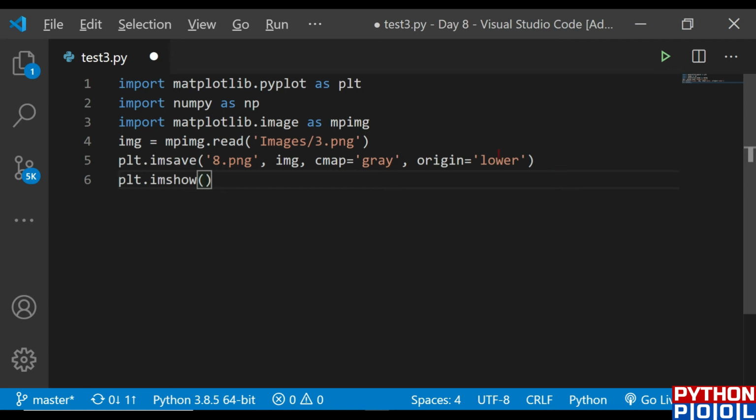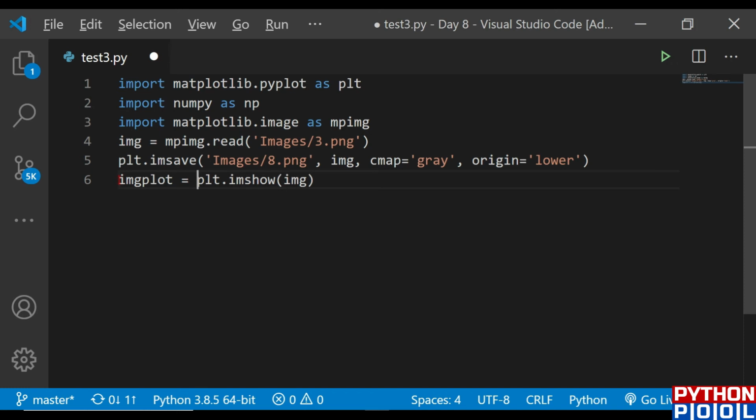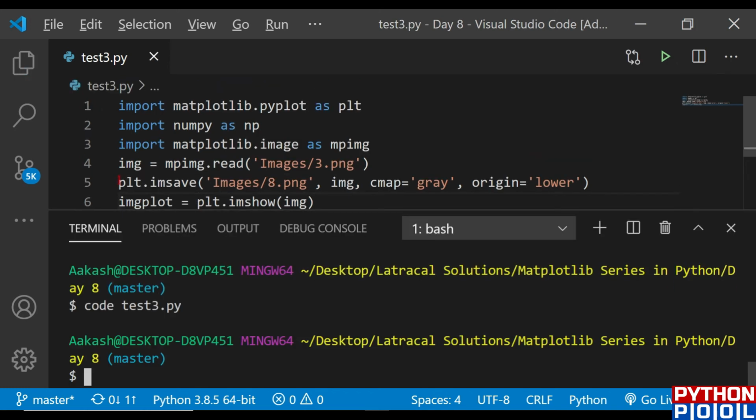Fine. Okay, let's give the path to the directory where we want to save the image. So if I am getting the image from the images directory, I'm going to save that image to the images directory, and just call the imshow function and pass the image value. What I want to save is the mirror image of this type of image. Okay, so that's it. That's what we want from this function. Okay, let's save this in another variable. Let's call the variable image plot. So this would be our image plot. Let's hit save. Let's see if it works perfectly fine.